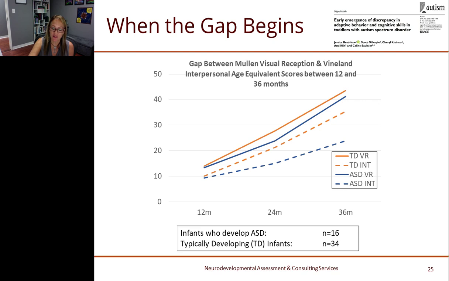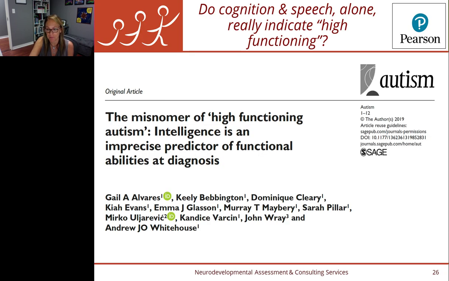With the high-risk infants that went on to develop autism, they also had above average nonverbal skills between the ages of 1 and 3 years, but their adaptive interpersonal skills start to trail behind prior to 36 months. And in fact, that's prior to when they were diagnosed with autism. So the delay in acquisition of functional interpersonal socialization skills is occurring in autism prior to even when the full-blown symptomatology is there.